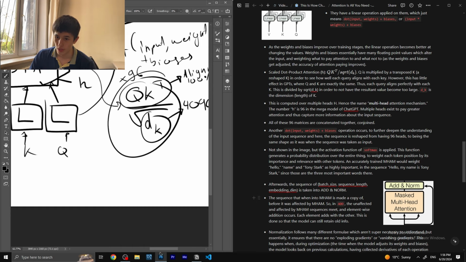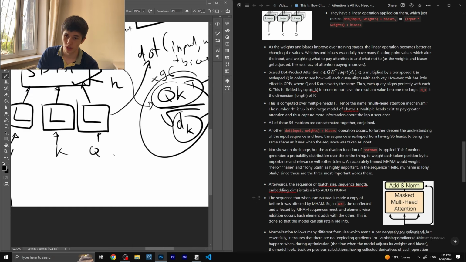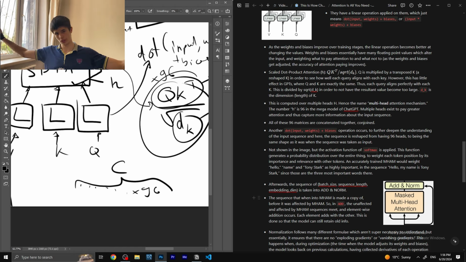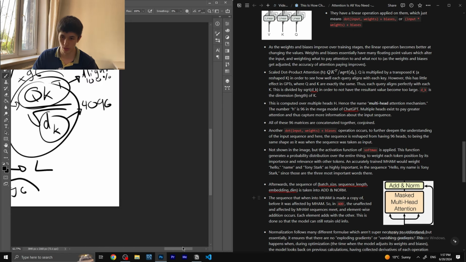Now, after that, this concatenation occurs. So we have multiple, like 96 heads. We have to concatenate them all into one, so that all of these different analyzed ones are combined into one. Then we do a linear operation, which actually reshapes the 96. Right now, the shape would be